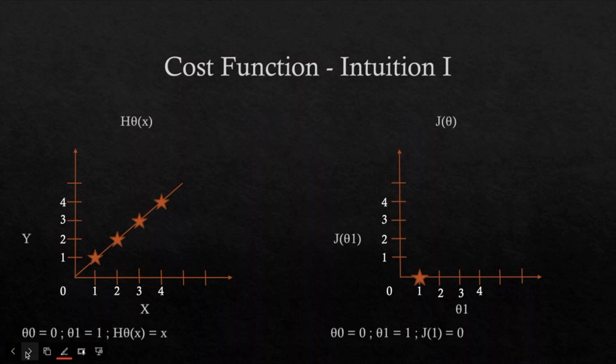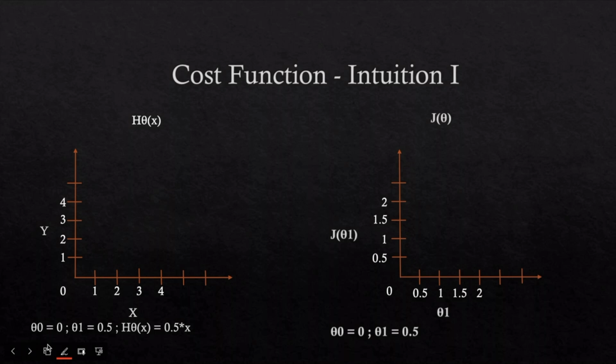Now let's move on to another example. So here I took theta 0 equals 0 but theta 1 equals 0.5. So this will result in h of theta x equals 0.5 into x multiplied by x, and here we have to calculate the value. So this will be somewhat like this,